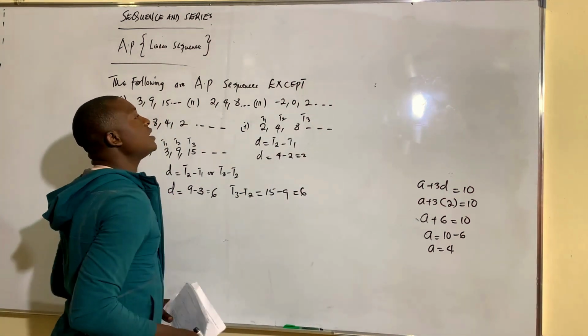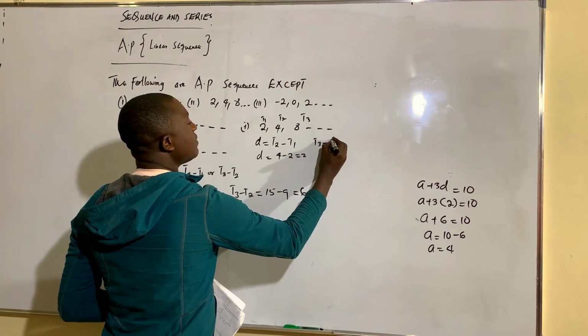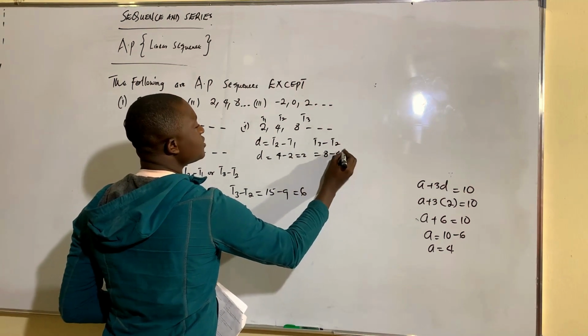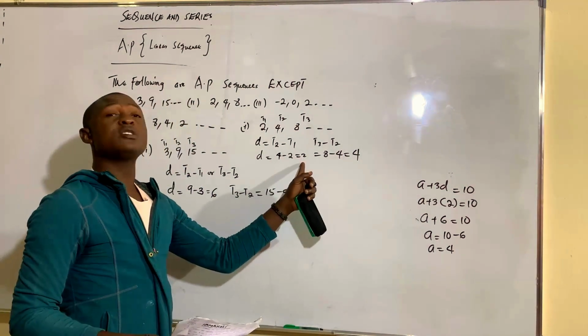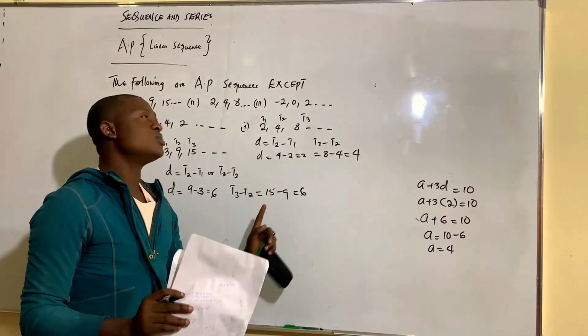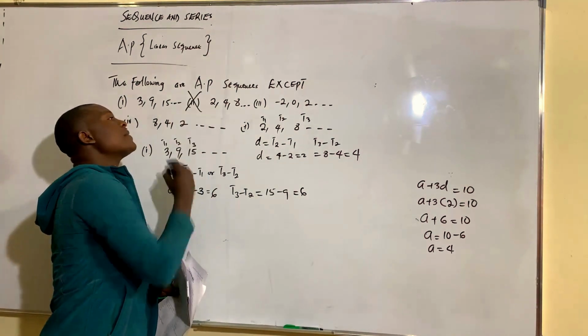Now let's take a look at the second one we have here. If I have third term minus second term, that's 8 minus 4. You can see 8 minus 4 is 4. Is it the same thing as the one we got before? No. So now that means the second one is out of the game. So let's check